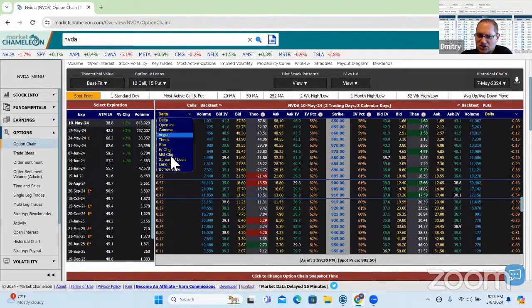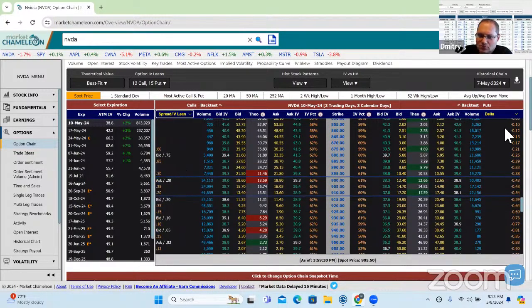So we're going to change this column from delta to the spread and IV lean. And we're going to do the same thing on the put side. And here on a bid, this is what it's telling us. Why is this lit up white? Well, we could see on a relative basis,